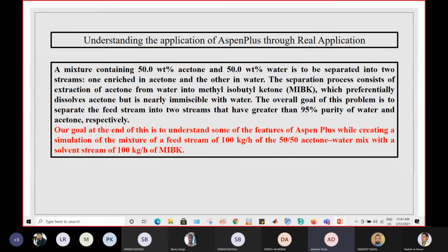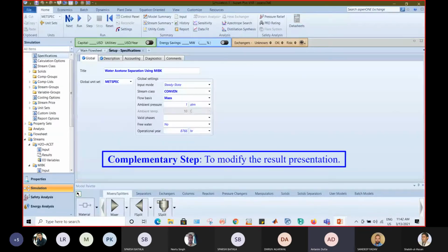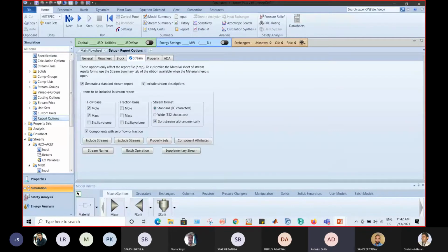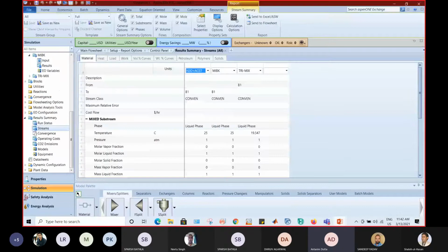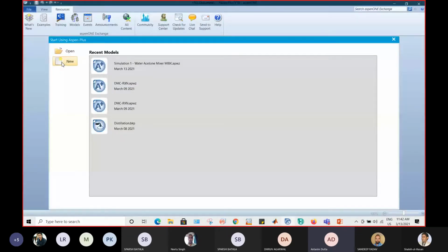Okay, so I have again added the stepwise procedure over here. You can go through it, or I will just show you how you can do this as well. Let me take you to Aspen Plus, again the blank simulation. I'm interested in showing you one more feature of Aspen, and for that purpose I'm performing this particular simulation so that it will help you get a much clearer understanding of what Aspen Plus does for us.